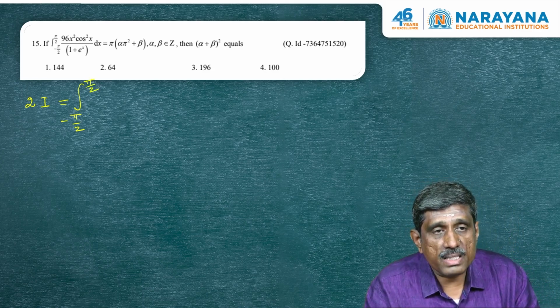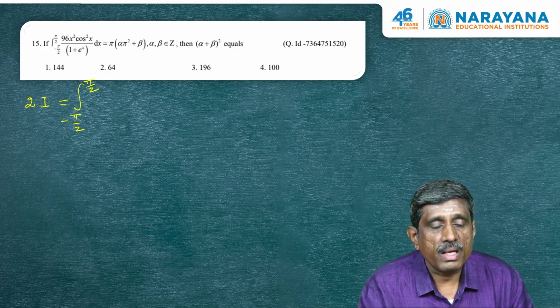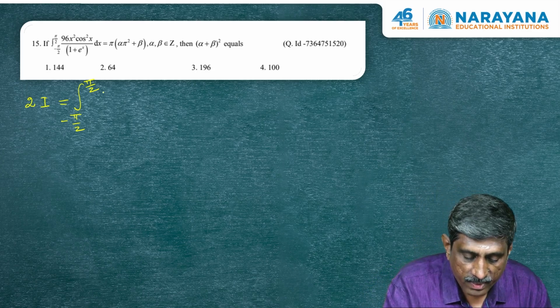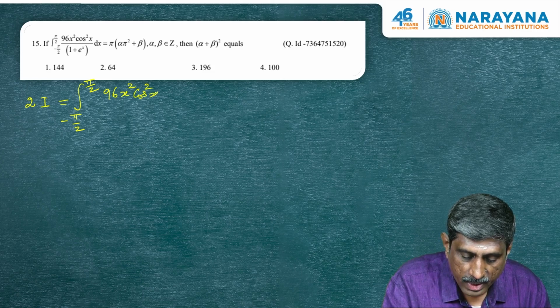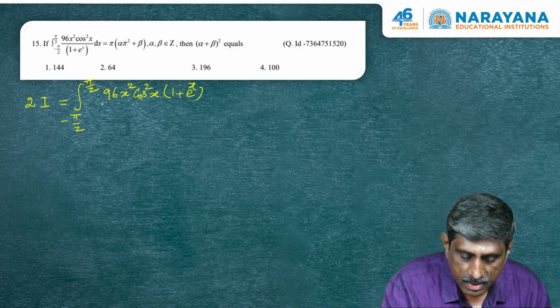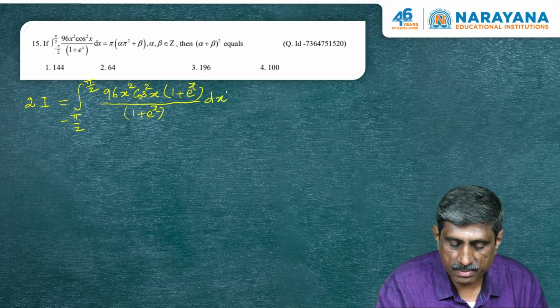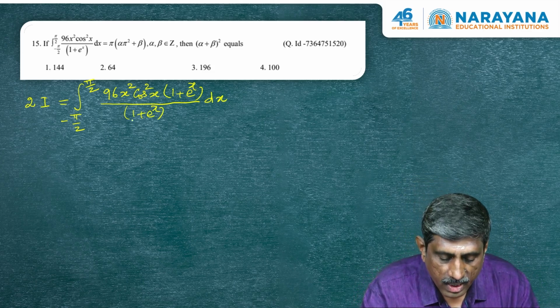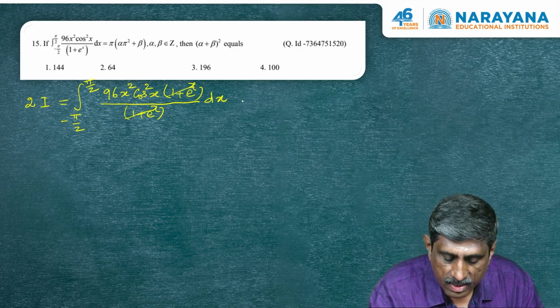When you substitute x is equal to minus x and you write e power minus x as 1 by e power x, and take e power x as LCM, we are going to get 96 x square into cos square x into 1 plus e power x divided by 1 plus e power x dx. So, after cancelling this 1 plus e power x and 1 plus e power x here, this is going to become